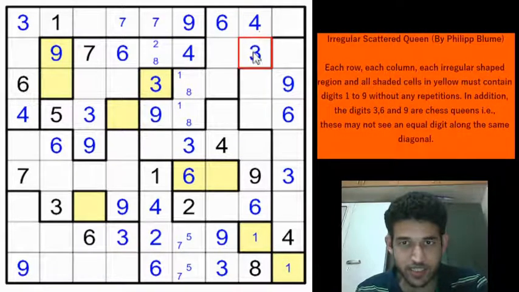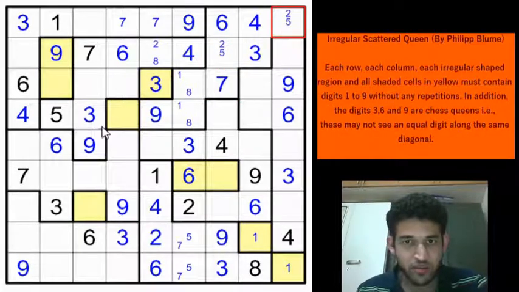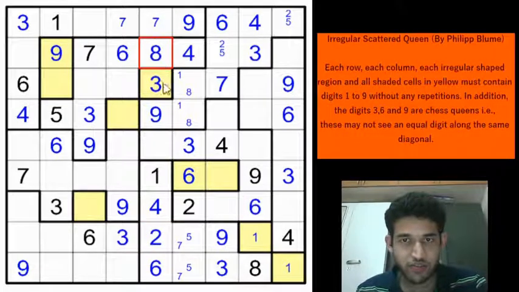If you look at this region, 3, 4, 6, 1, 8, 9 have been placed. Remaining digits are 2, 5 and 7. A 7 can't be in this cell because we have pencil marked 7 to one of these 2 cells. A 7 can't be here because of this 7. So this will be a 7. And we can mark the candidates 2, 5 in these 2 cells. Right? Okay, this cell can be a 2 or 8 because we have marked the 2 or 8 candidates here. But 2 is here, right? So this can only be an 8. So this will be an 8.